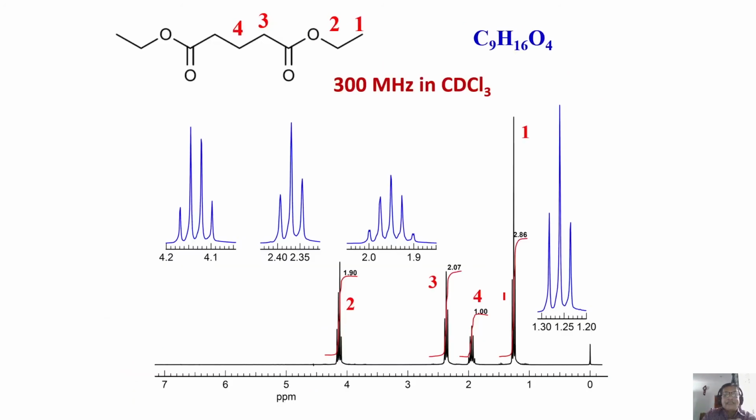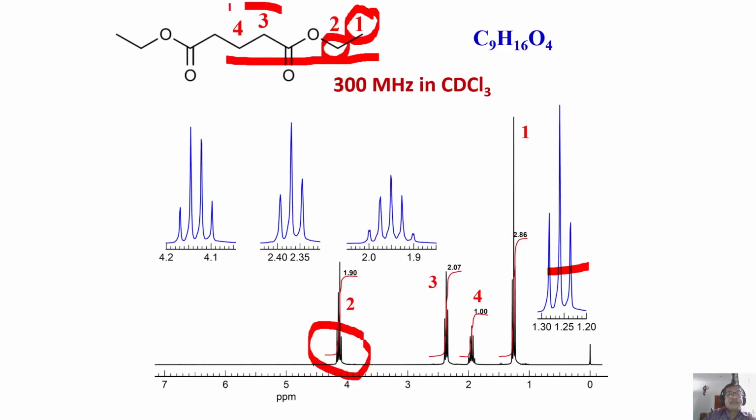So this is the next simple example. A perfect symmetry is there in this molecule. So as a consequence, there are only 4 types of protons present. This is nothing great; you can very easily analyze. This is CH3, a triplet, very clear. This is CH2, a quartet. Where do you see that quartet? This one. Now our problem is to assign this too.